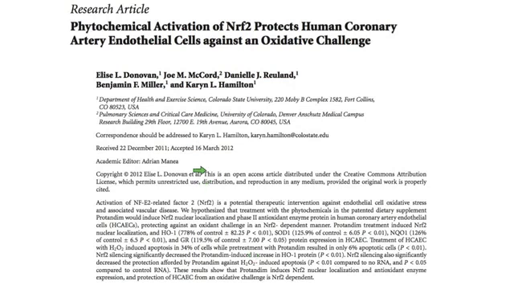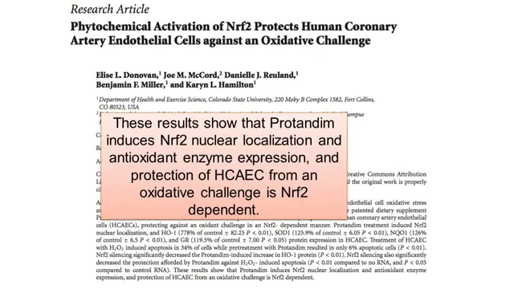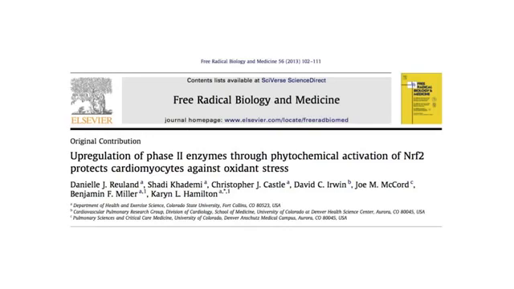One of the other articles talked about how you can actually protect the human endothelial cells within the arteries. So the endothelial cells are the lining cells inside the coronary arteries, and they found that Protandim had a protective effect against the oxidative damage that was done to those particular cells. Another study looked at the upregulation of the phase 2 enzymes with NRF2 activation and how that can protect the heart muscle cells. So this was the glutathione stuff, how that had a protective effect through NRF2 activation in heart muscle.